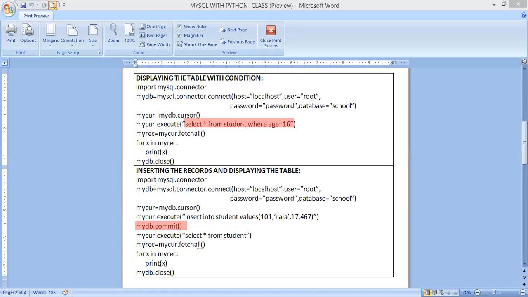So note it down. If you have completed, just raise your hand. So you write these two programs.